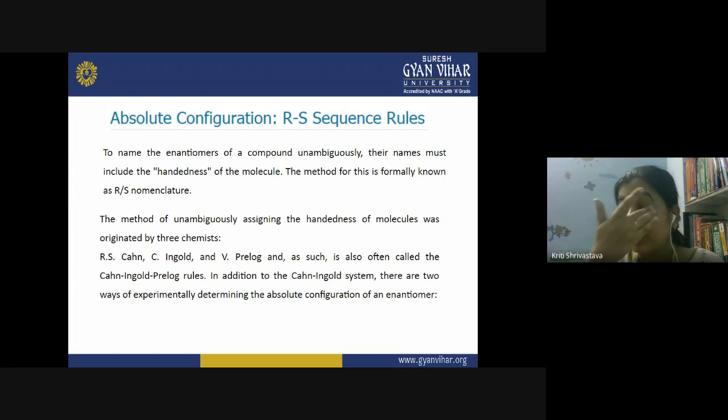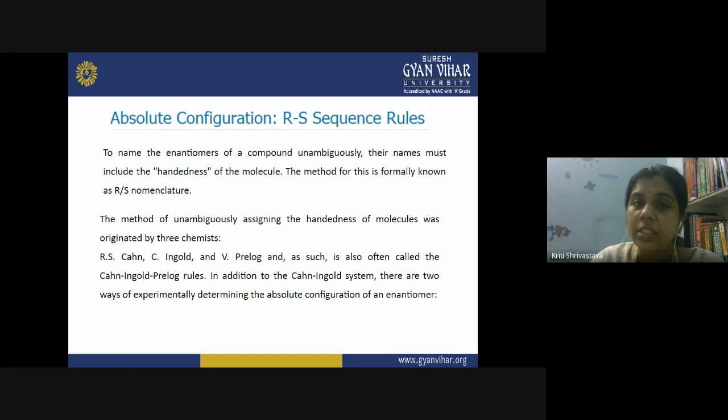In the previous D and L convention, I told you that you look at whether the group is on the left hand side or on the right hand side. There you are comparing only one group, identifying only one substituent. But when you are giving the absolute configuration, you take into account all the groups present on the chiral carbon atom, right? In the previous method, we were concerned only with the main substituent, whether it is on the left or right hand side. But there are other three substituents on the same chiral carbon, and we have to consider them also.